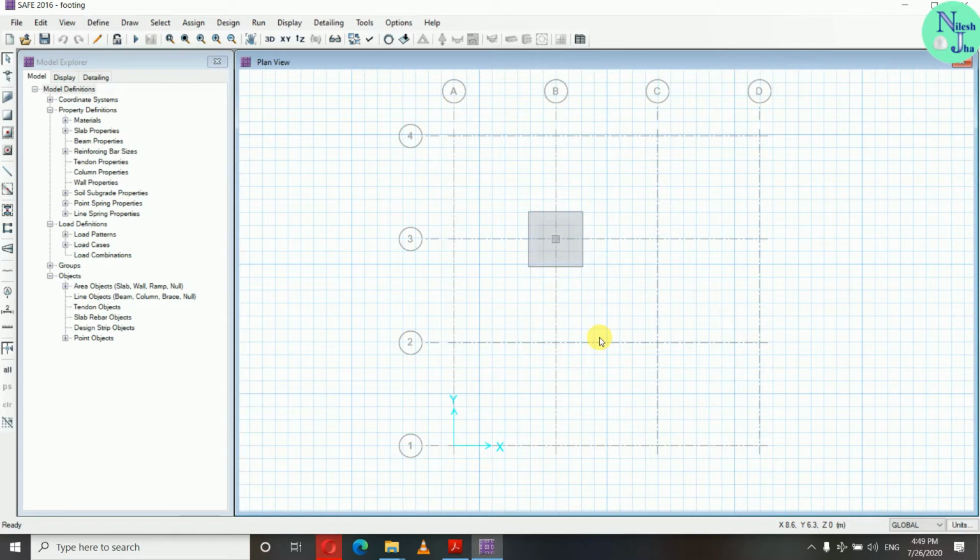how to apply them. Okay, so first what we should know is that design of footing in SAFE software is done based on soil subgrade properties, that is the property of soil below the footing. So we should now define the soil subgrade properties, that is the property of soil which is below the